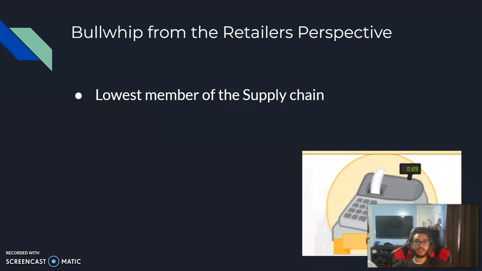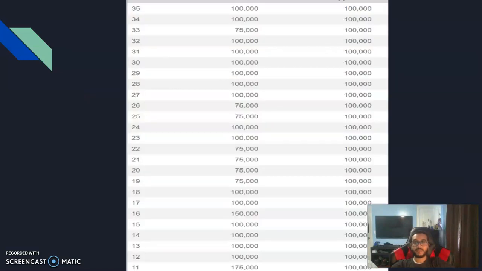There is no clear way to experience bullwhip since we are at the lowest point in the supply chain, or see how the suppliers upstream the supply chain are dealing with the bullwhip. And with almost no fluctuation in demand, as I'll get to later, along with the inability to see the factory's production numbers based on our retail orders, it's difficult to illustrate how the bullwhip affected the supply chain, or if it even did. So here's a screenshot from my simulation.